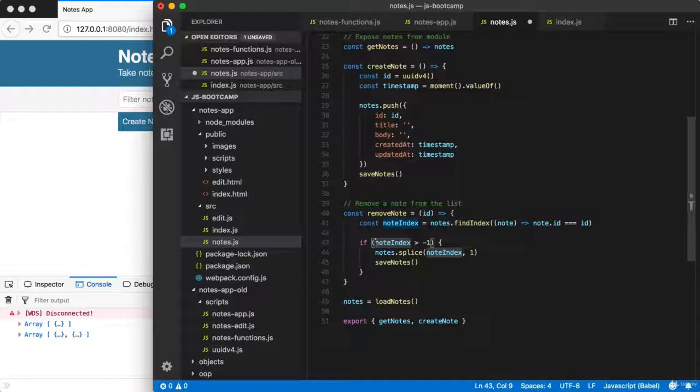Now this means we're only calling save notes if we actually remove something. If this condition fails and this code never runs, there's no need to put save notes down below because we won't actually be saving any changes. So in this case, we're only calling save notes if we actually end up removing an item. Now let's go ahead and actually export this so it can be used by other files. Right here, remove note is going to be exported,